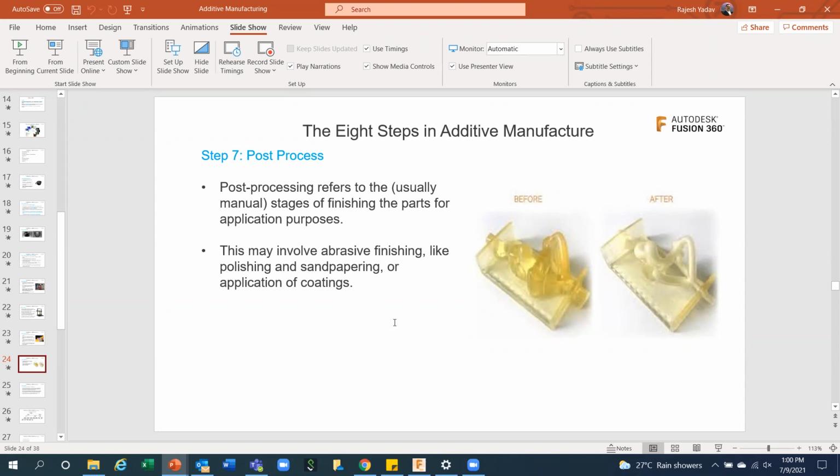That's the only thing. But if you want to get a very good finished product, always try to use 100% filling with minimum thickness of layer, so that automatically you will get an almost finished object in the output. That is the only thing.